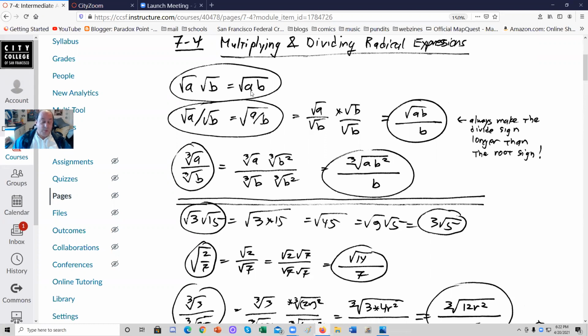Product of roots is root of a product. Root A, root B is root AB. Root A over root B is root of A over B. Okay, so ratio of roots is root of a ratio. But we can go a little better to what's called